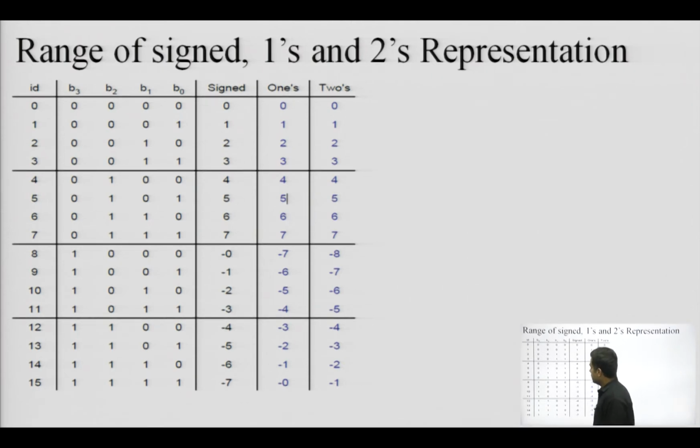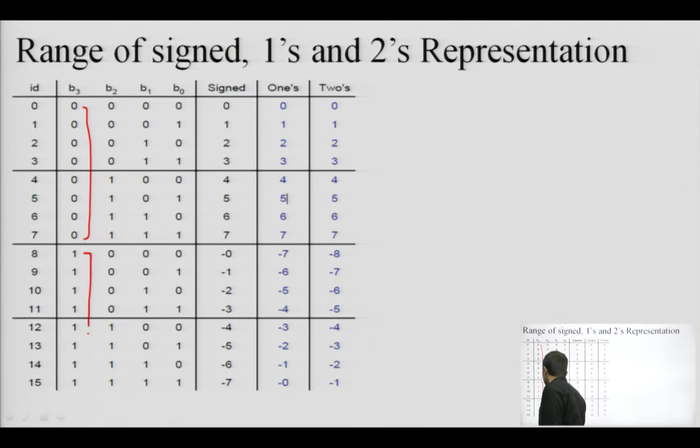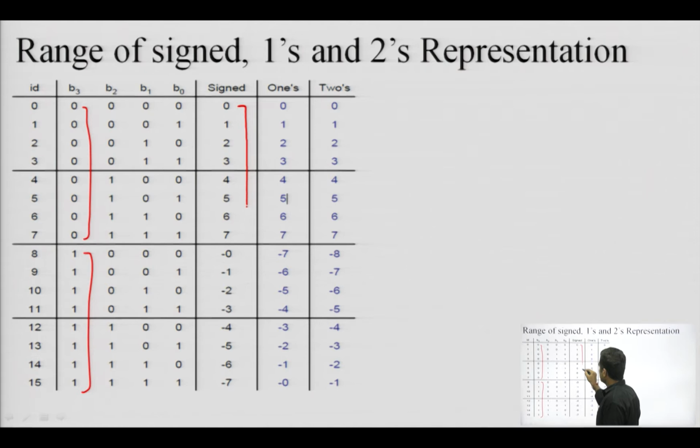As we can see, for 4-bit representation, here this MSB is 0, and here this MSB is 1. So, in sign magnitude form we can simply see that this is plus 0 to 7 and this is minus 0 to 7, as in the upper half the sign bit is 0 and in the lower half the sign bit is 1. So, the upper half is 0 to 7 and the lower half is minus 0 to minus 7, clear.